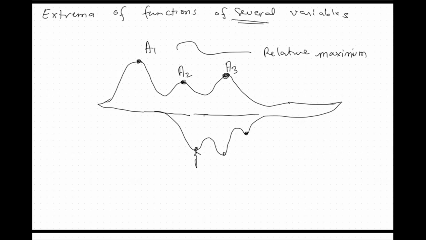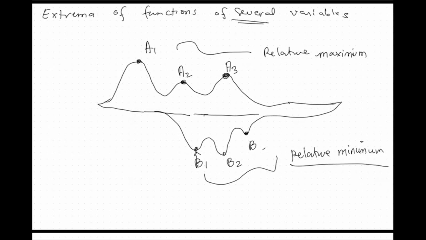And here, B1, B2, and B3, they are called relative minimum. Okay. So why? Because as we have in the previous discussion, so over